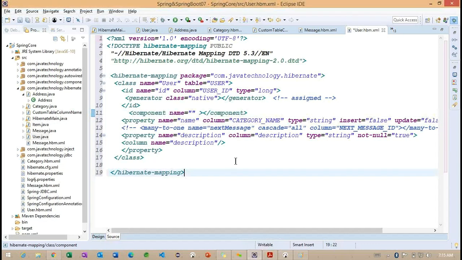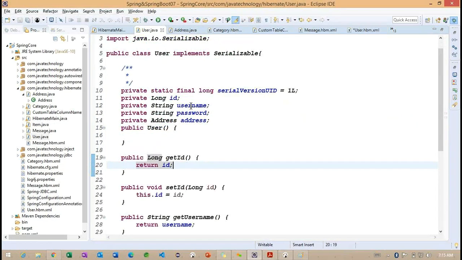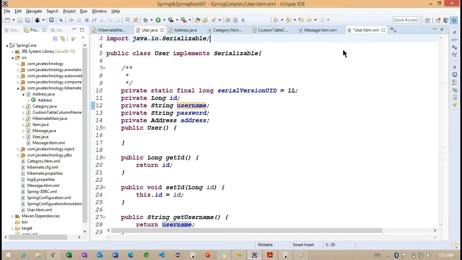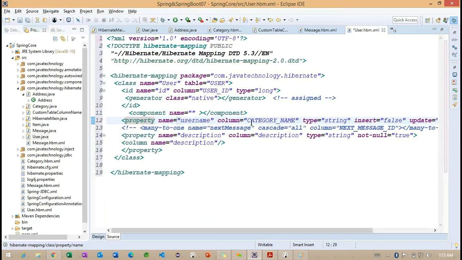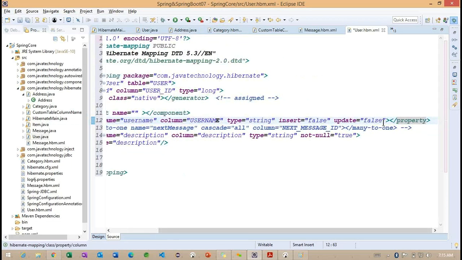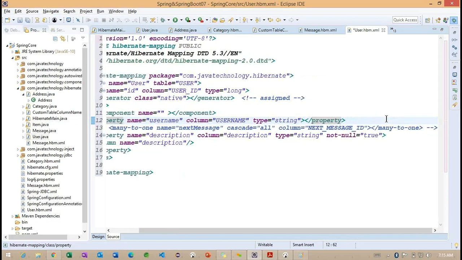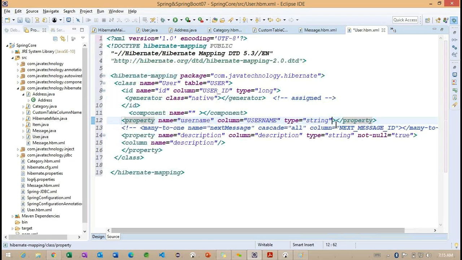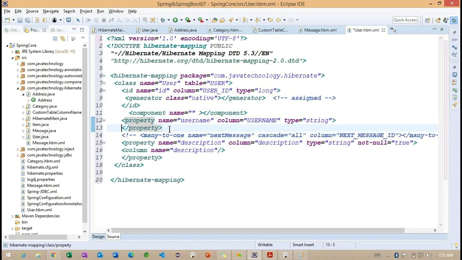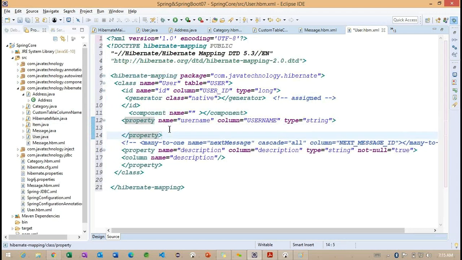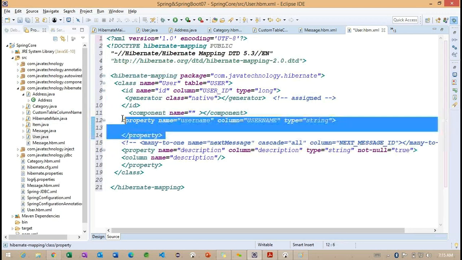First we'll check the properties. What are the properties we are having inside this user class? First one is called username. And for the column, the same thing we can specify here, only the difference is uppercase. Type string. I'm trying to remove this particular constraint here. Observe here, so we understand this particular property.